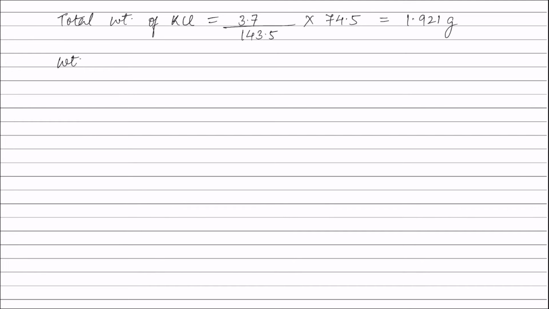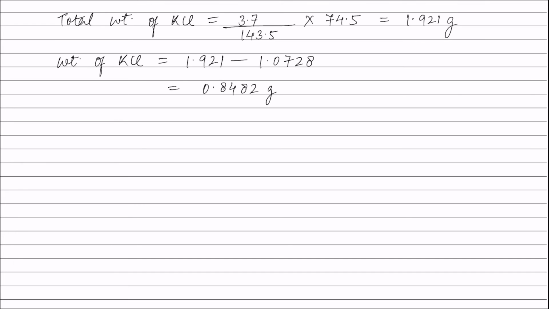Now weight of KCl present originally will be equal to total weight of KCl, that is 1.921 grams, minus weight of KCl formed from KOH, that is 1.0728 grams,